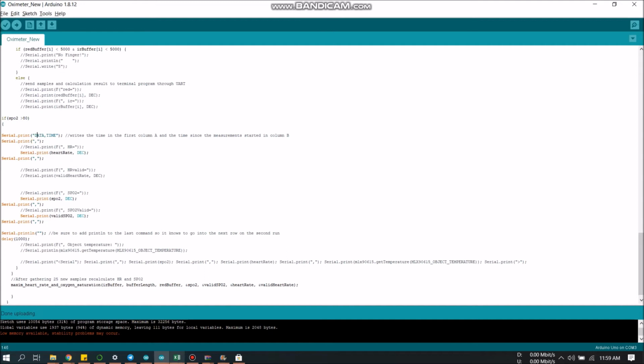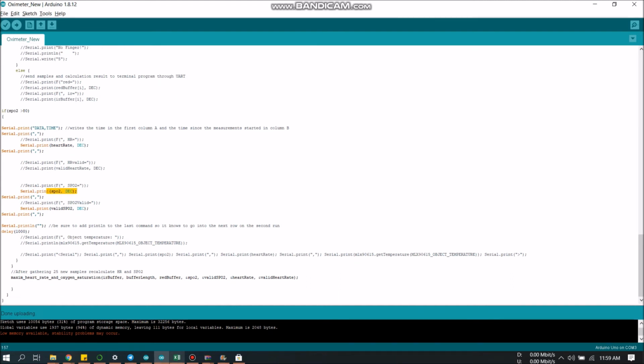So I'm adding a comma and I'm saying that after printing this particular time, the time has ended and the next data flowing in the same row would be my heart rate. So I'm printing heart rate after this comma, and after the heart rate I'm again putting a comma so that the next data which is flowing will be SpO2 data, that is my oxygen level. Once oxygen data is also sent to my Excel, again a delimiter has been sent, and the next flag is the valid SpO2 flag.